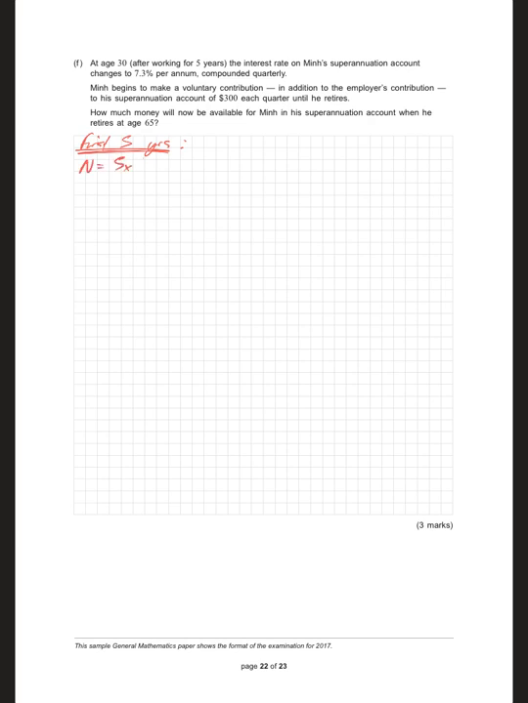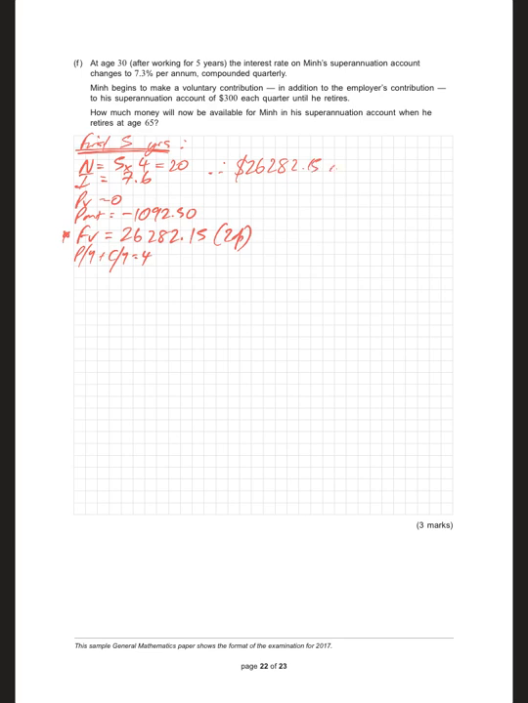So N is going to be 5 years, paying quarterly. Apps, Finance, TVM solver, 5 times 4, 20. The rate was 7.6. He started off with nothing. He was putting in $1,092.50 every quarter. Alpha Solve: N is 20, I is 7.6, PV is nothing, PMT is negative $1,092.50. Solve for FV. PY and CY were both 4. So I get 26,282.15 to 2 decimal places. Therefore, $26,282.15 in the account